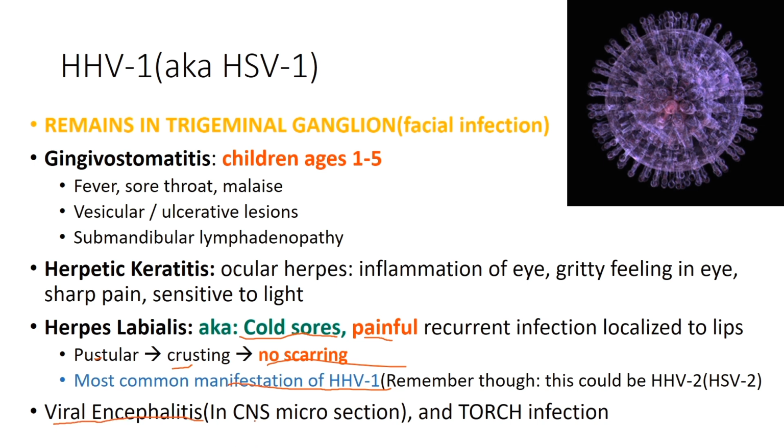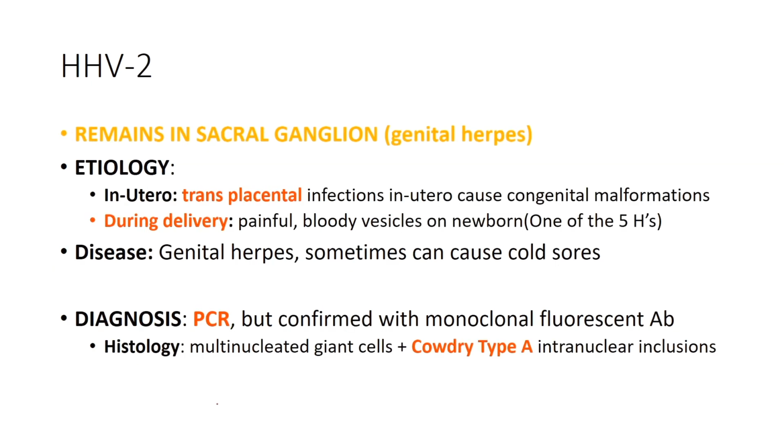Viral encephalitis is another thing you're going to get to in your CNS module, and it can also cause TORCH infections. So HHV2 remains in your sacral ganglion. This is a cause of genital herpes. Usually occurs in utero, transplacentally, which makes sense. Little babies coming through the genital area, and if the mother has this, then it can transmit it to the baby. It's usually during delivery that it is more common,